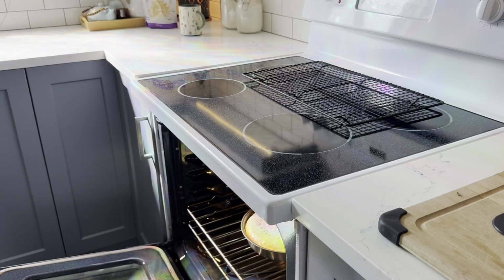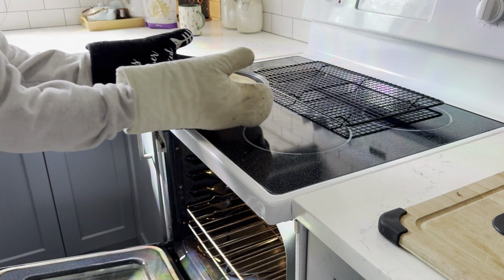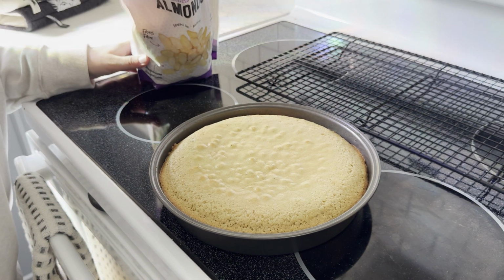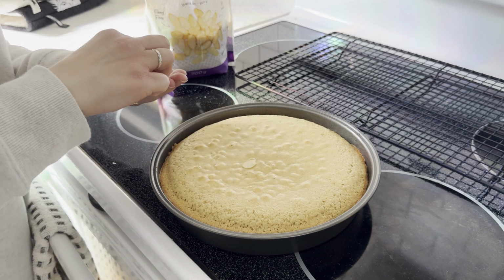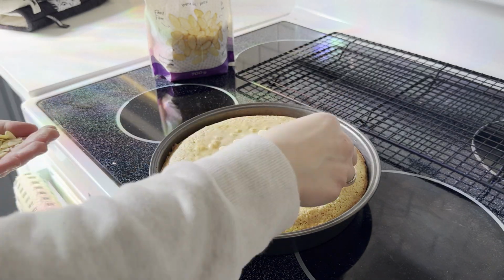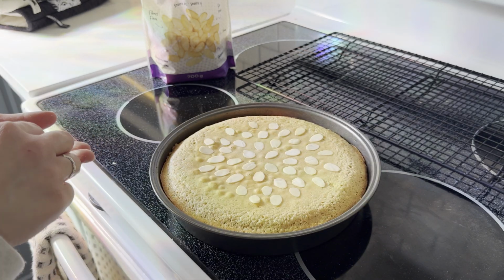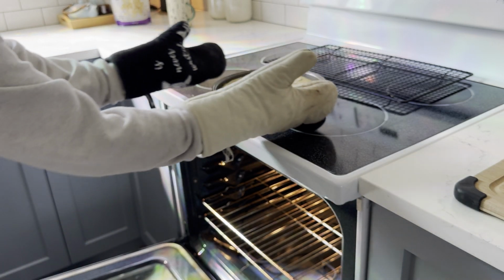With that timer going off, let's go ahead and take our cake out of the oven. Now, when you take this cake out, please be careful. The batter will still be hot and undercooked, but we're going to move on to my favorite part, which is decorating with sliced almonds. This is optional, you don't have to add these, but I do love it on top for not just the visual, but the flavor as well. You can place them beautifully or messy, however you please. Once decorated, place it back into the oven to finish baking for another